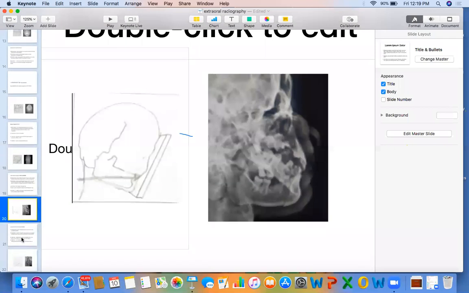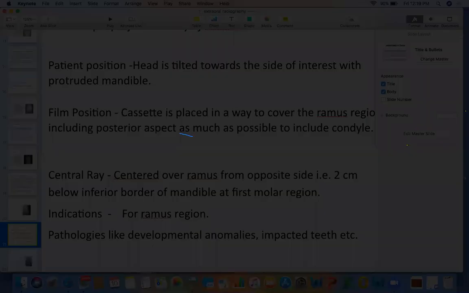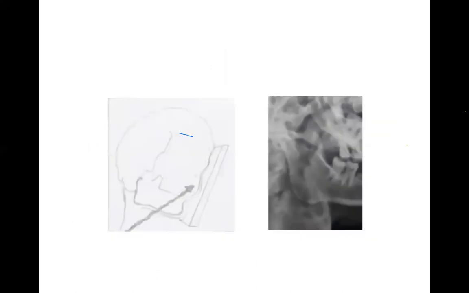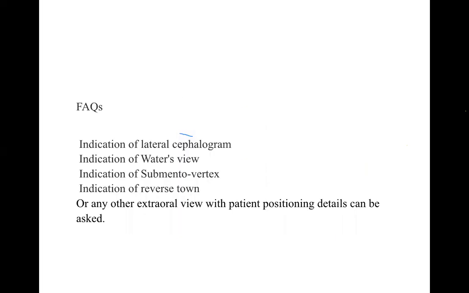Similarly, when I go to the body view, then patient position: head is tilted toward the side of interest, again with protruded mandible. Why protruded mandible? Because we want to take that mandible out of the zone of superimposition. That way, we are actually going to visualize that mandible very clearly. Okay. Now, film position, cassette is placed in such a way that it would be giving you